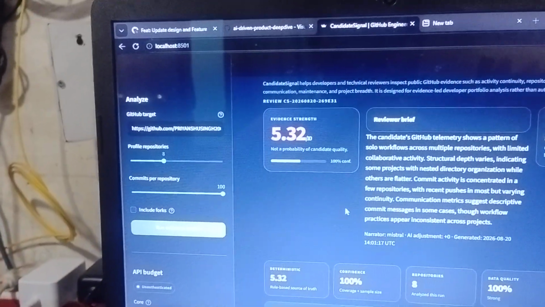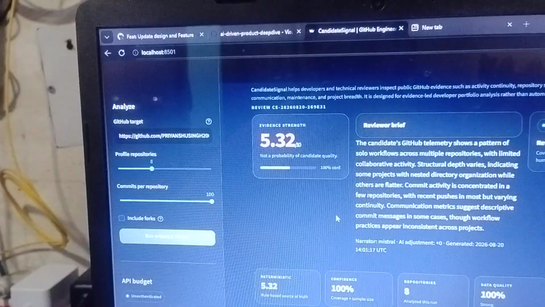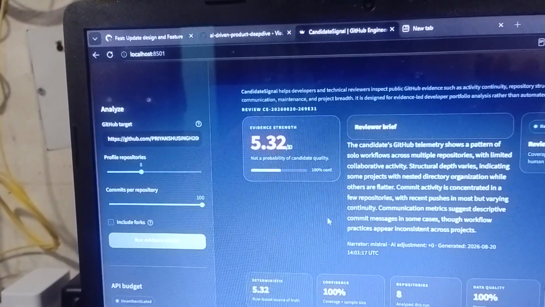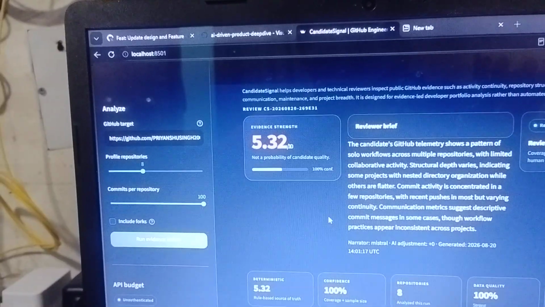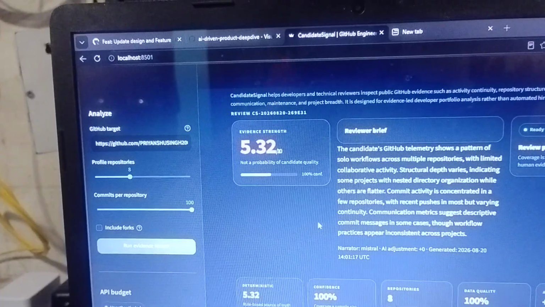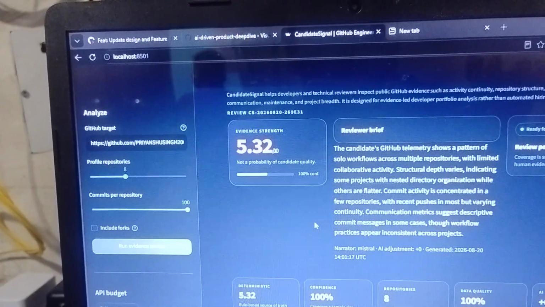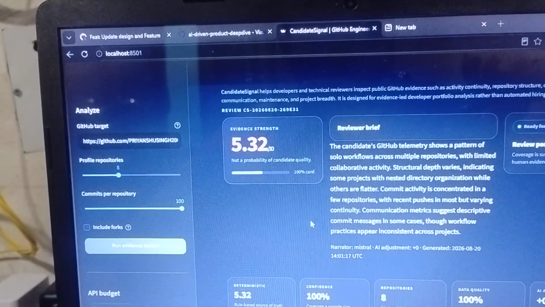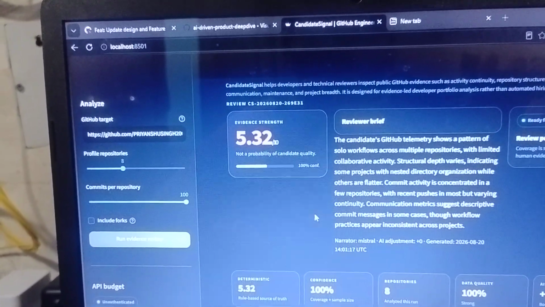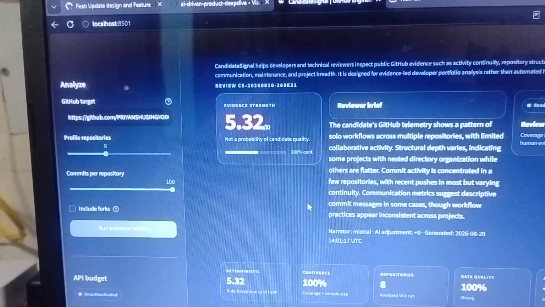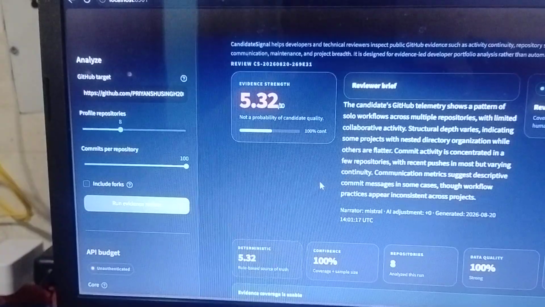Here they are already showing a review, like the candidate's GitHub shows a pattern of slow workflow across multiple repositories, which limits collaborative activity and shows deep variety. For instance, some projects are nested and well organized, while others show fast commit activity, and a few repositories are recently polished. This basically summarizes what the particular